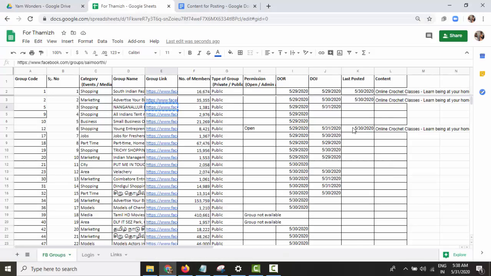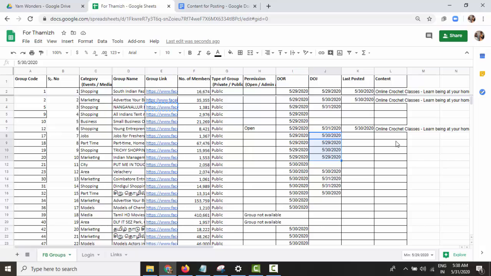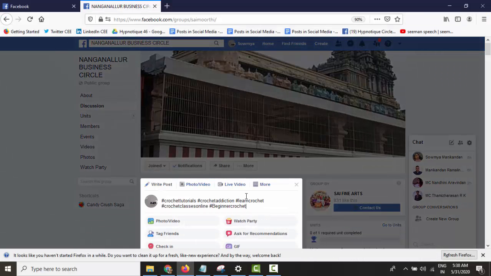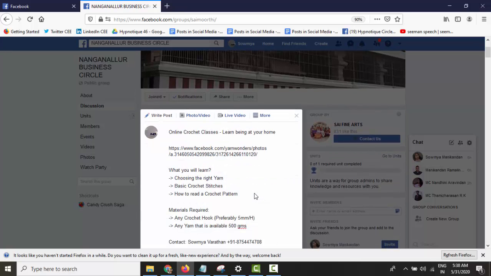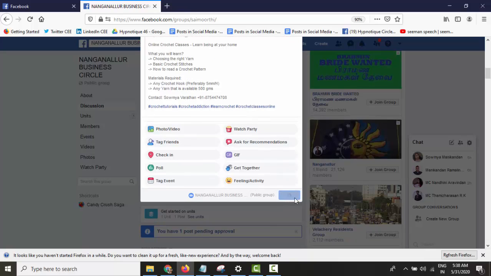Same way you will be taking. So this is there, and this one we have already posted. So you'll be taking the other four and opening them. For demo purpose, let me show only one here. And you'll copy the content, come here, paste. You are not going to modify anything. I have kept everything formatting ready. Just click post. That's it.